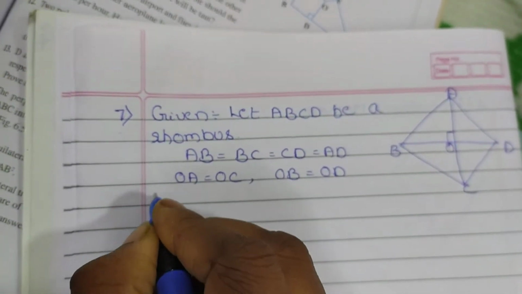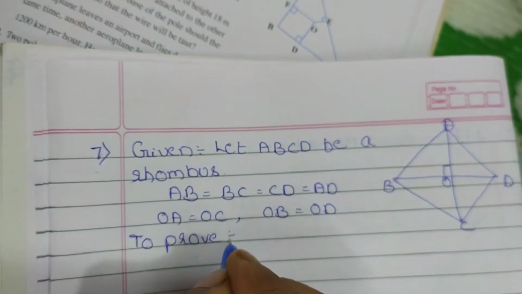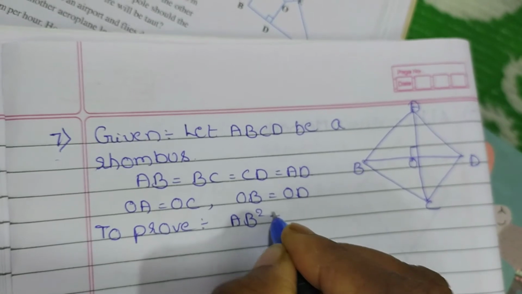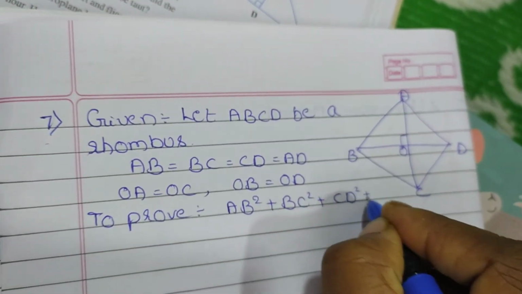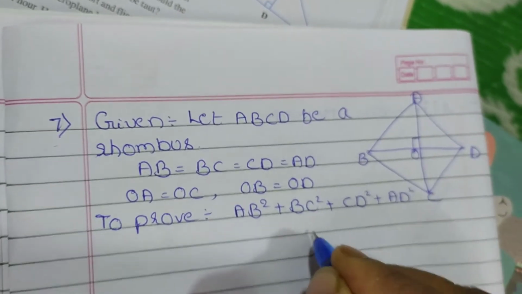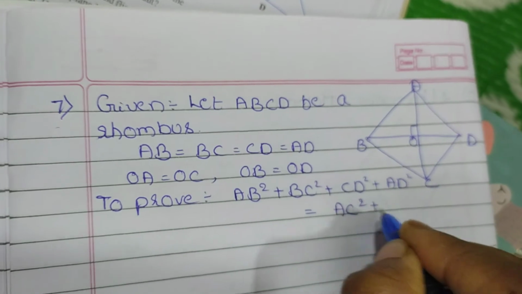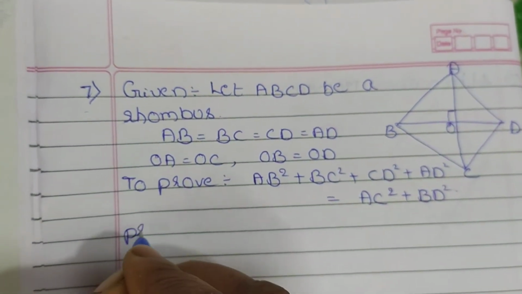This is what they gave, and you should prove that the sum of the squares of all these sides, that is AB square plus BC square plus CD square plus AD square, equals the sum of the squares of their diagonals, that is AC square plus BD square. This is what we should prove. So in order to prove that,